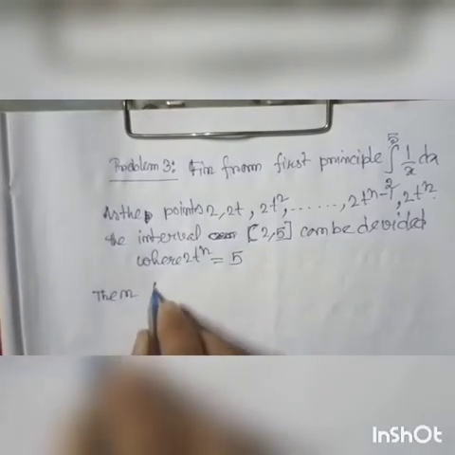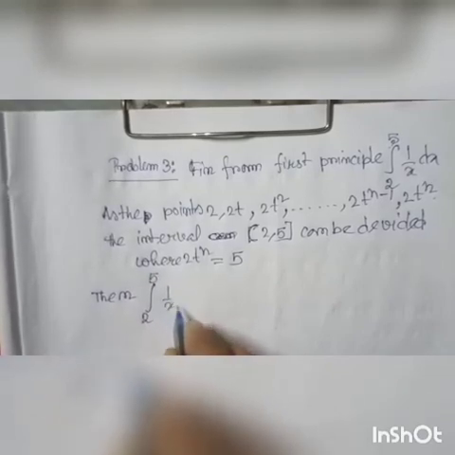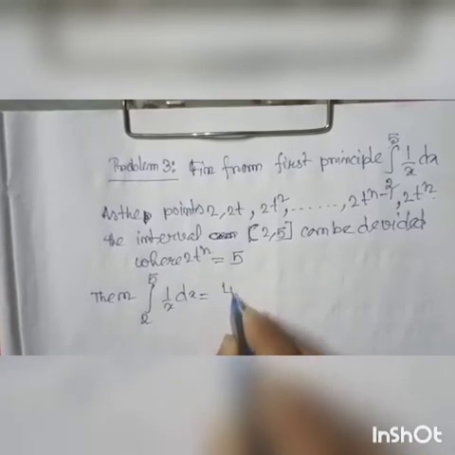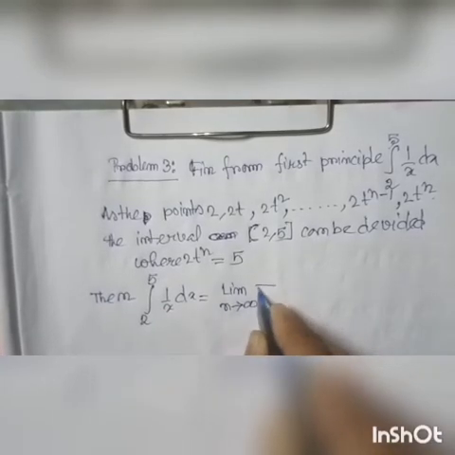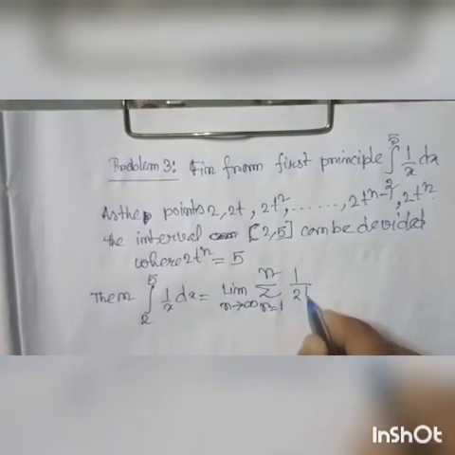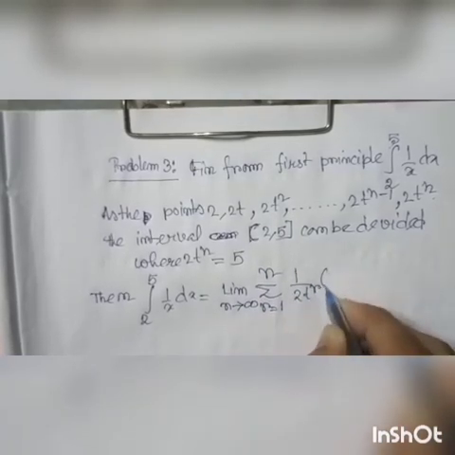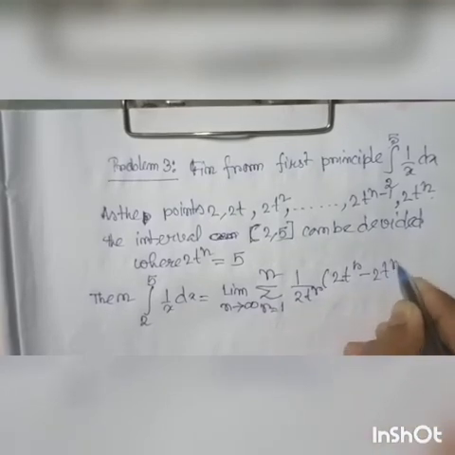Then integration 2 to 5 1 by x dx equal to limit n tends to infinity, sigma r equal to 1 to n, 1 by 2t to the power r into 2t to the power r minus 2t to the power r minus 1,